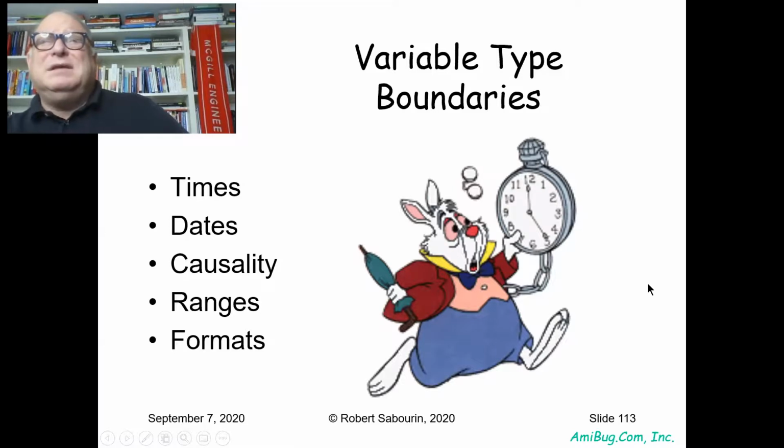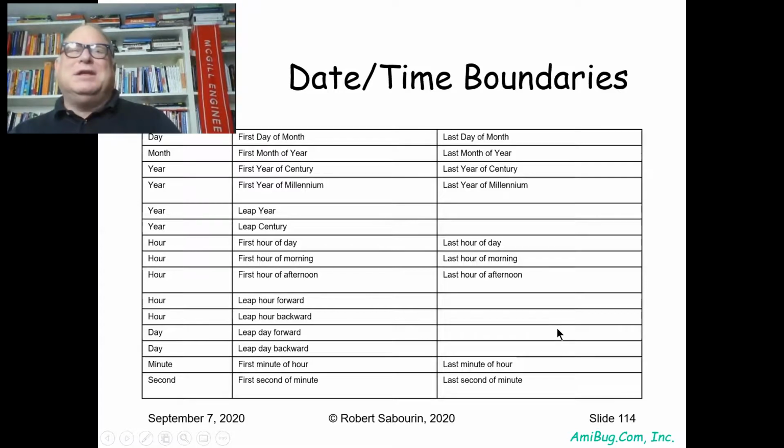Now, the boundaries can exist in time, dates, causality, the truthfulness of things, ranges and formats. There are different places you get variables related to time. So you can imagine boundaries where you might want to study the behavior of your system, like how does the system behave on the first day of the month, on the last day of the month, on the first day of the year, on the last day of the year, the first month of the year, the last month of